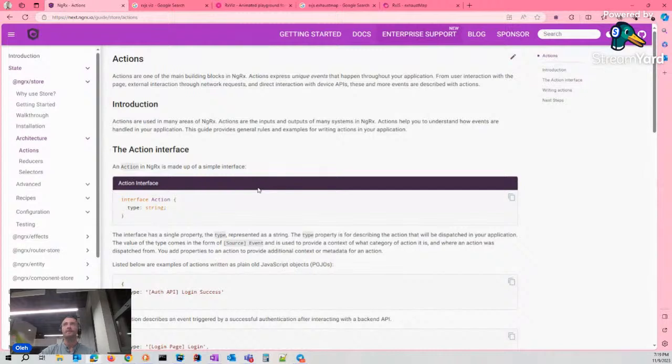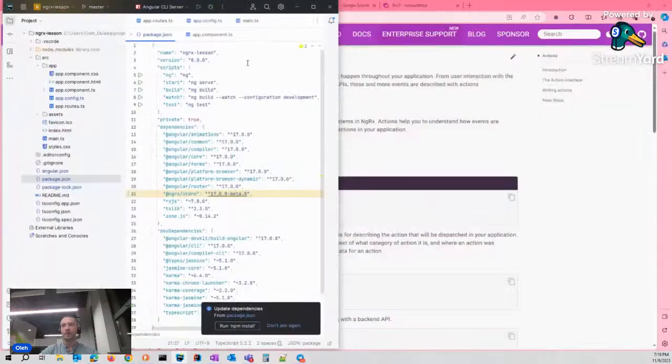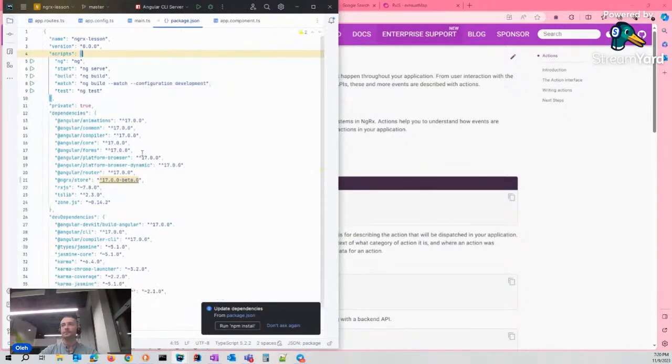Store is just one big object that contains, and should contain, everything that is used in the entire application. We are going to create a to-do list, just a simple example. And how can you start with it?